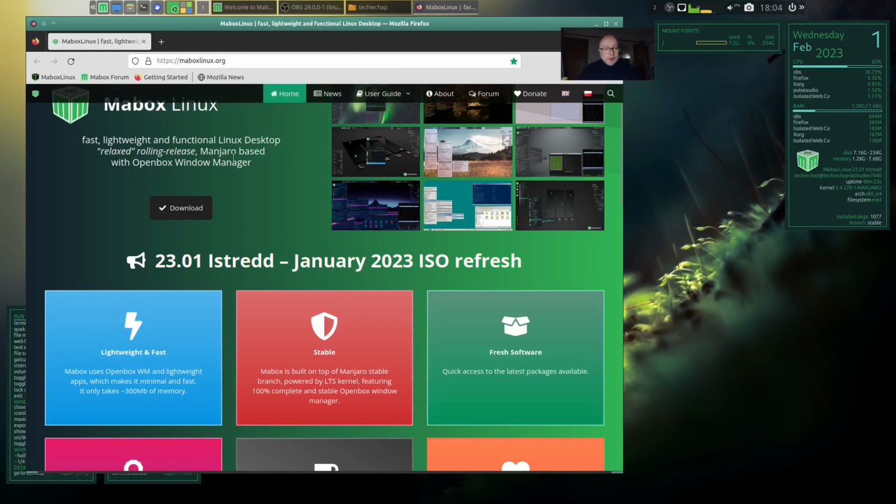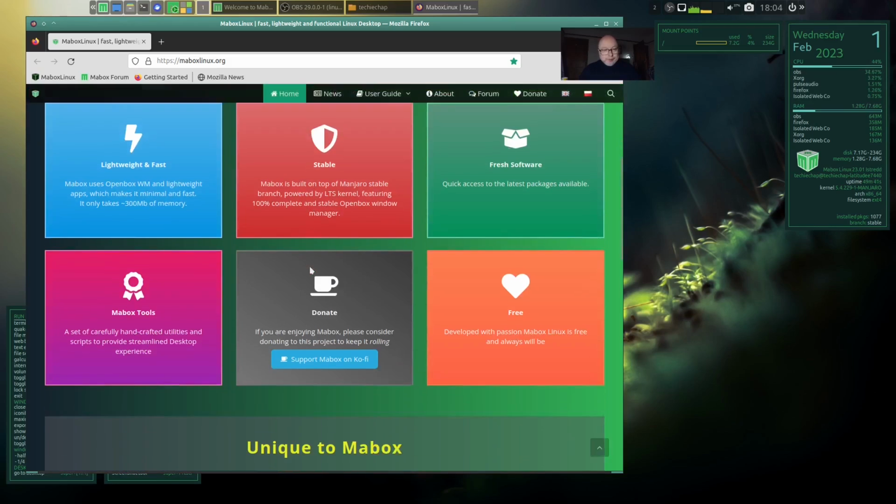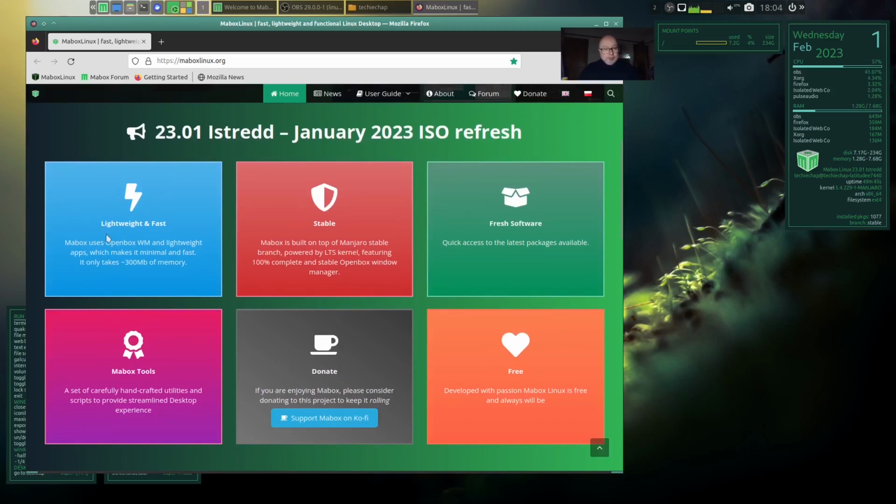Mabox Linux, fast, lightweight, and functional Linux desktop. Relaxed rolling release. That's quite an interesting expression there. Manjaro based with Openbox Window Manager, and of course that's where the name Mabox comes from. So some of the features with Mabox is that it's lightweight and fast. Mabox uses Openbox Window Manager and lightweight apps which make it minimal and fast. It only takes